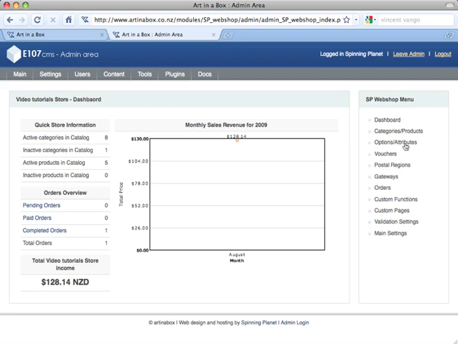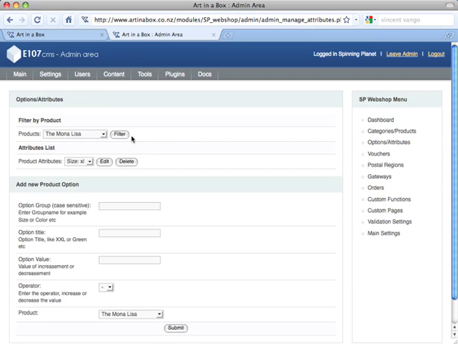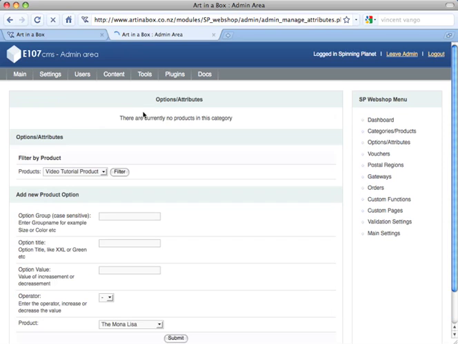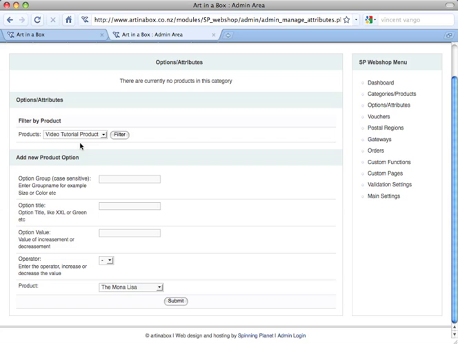So under options attributes on the right hand side, we are going to add an option to the previously uploaded product that we've made. Okay, so we want to create an option called size. Now this option group needs to be the same for each option that you're making, so I'm going to call it size, and remember it's case sensitive, so I'm keeping note that I've got a capital S there. Okay, and I'm going to make it small,